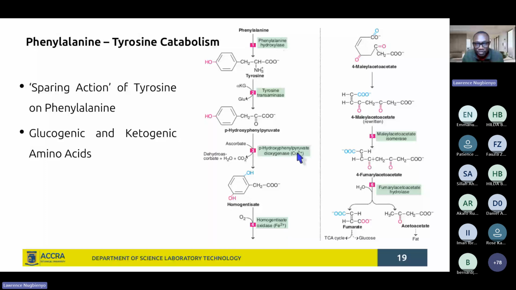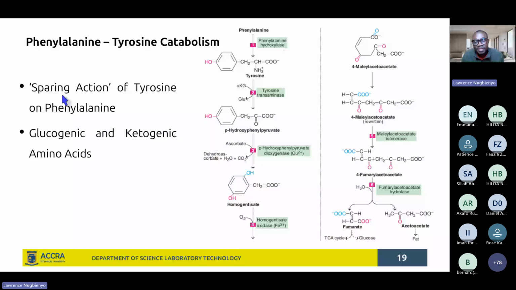And you see from phenylalanine, what do you see? Just by adding a hydroxyl group onto the side chain of phenylalanine, you have tyrosine. And that enzyme is what? Phenylalanine hydroxylase. Because of this, we have what we refer to as sparing action of tyrosine. Sparing action of tyrosine, which is to say that,